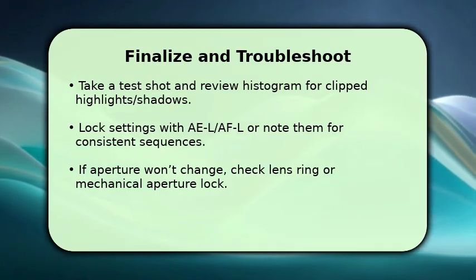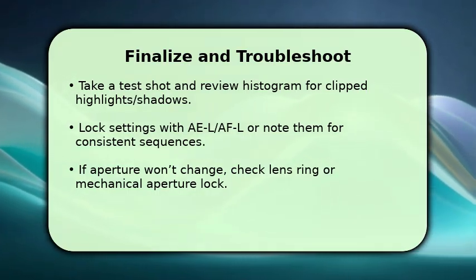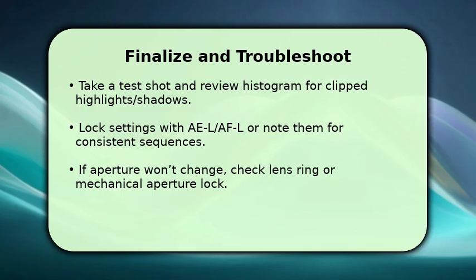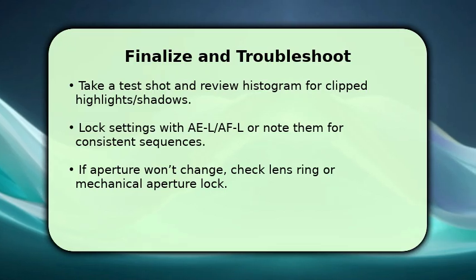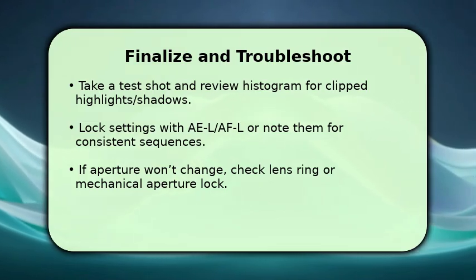If the f-stop doesn't change, make sure the lens aperture ring isn't set to a locked position or that you're not in a mode that restricts adjustments. Sometimes older lenses require the camera's aperture lever to be free. Check the